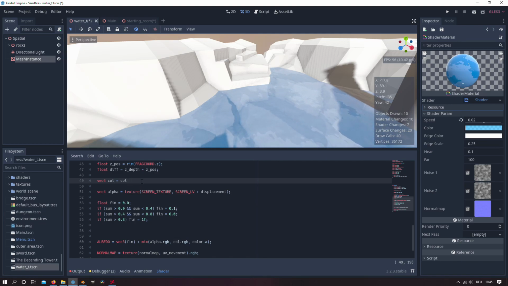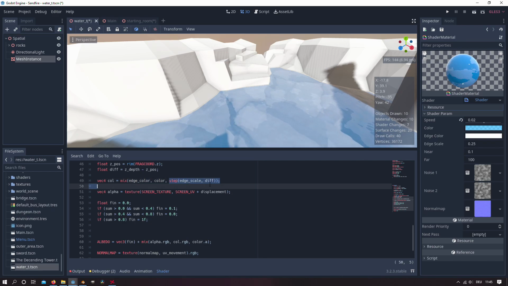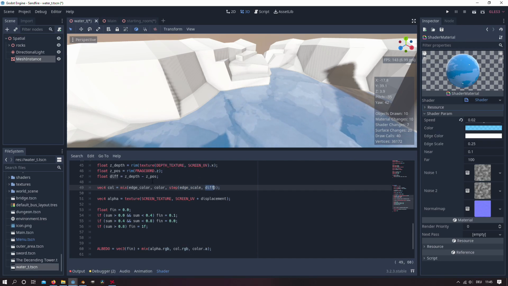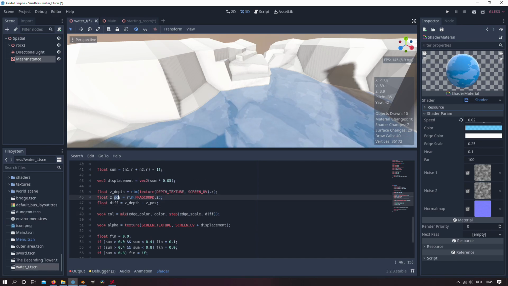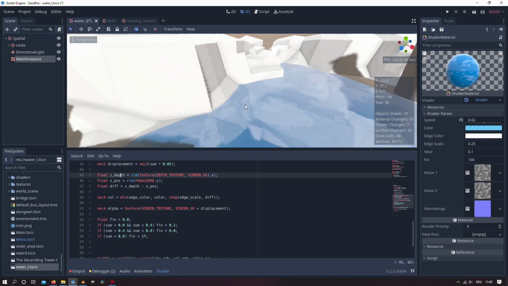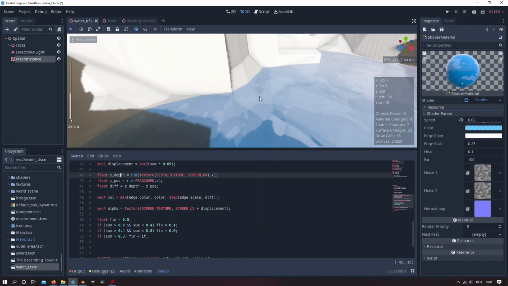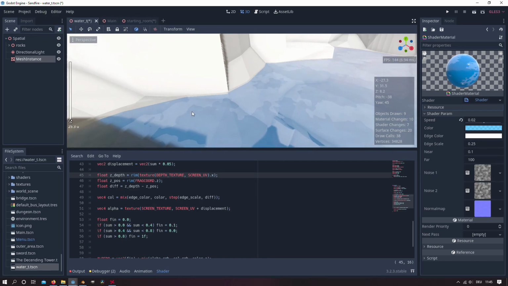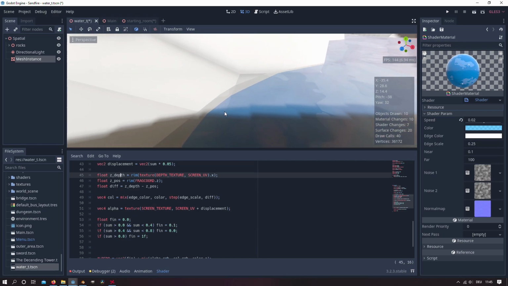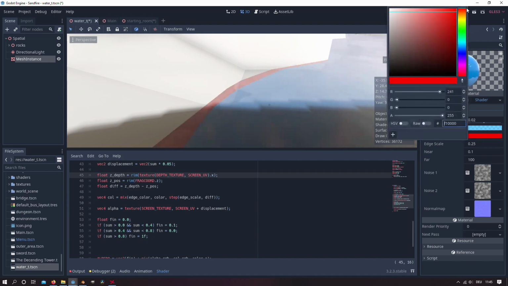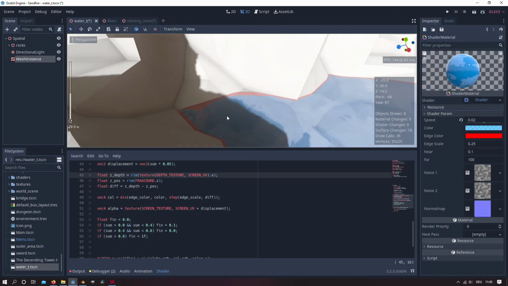So I delete my color and mix my edge color together with my color and the scale from the edge and the difference between these two values. Moreover, if you look closely, maybe change the color, you can see this